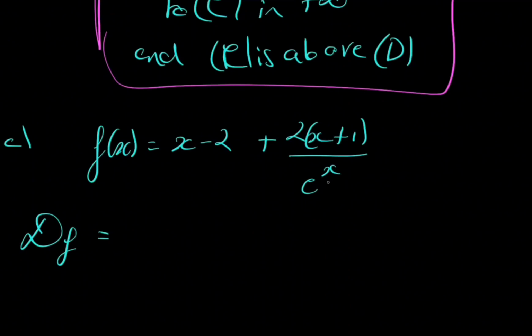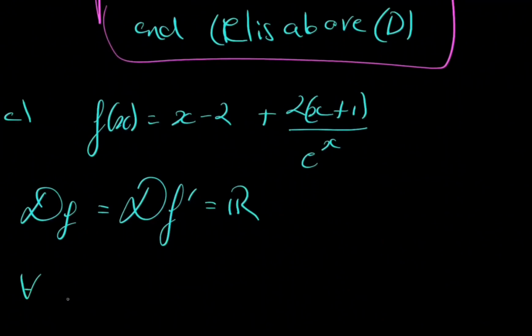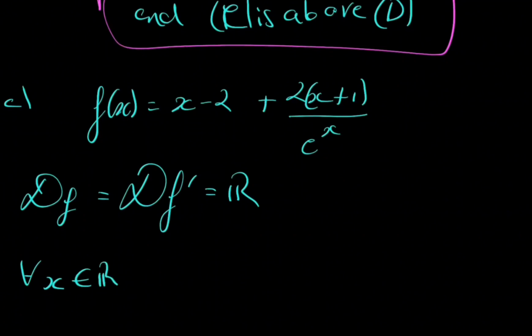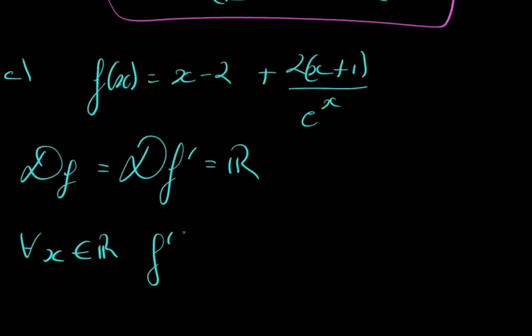There is nothing here that could go wrong. So everything has a derivative for all x, a real number. So the domain of f prime is equal to R. So let's differentiate the function for all x in R. f prime of x